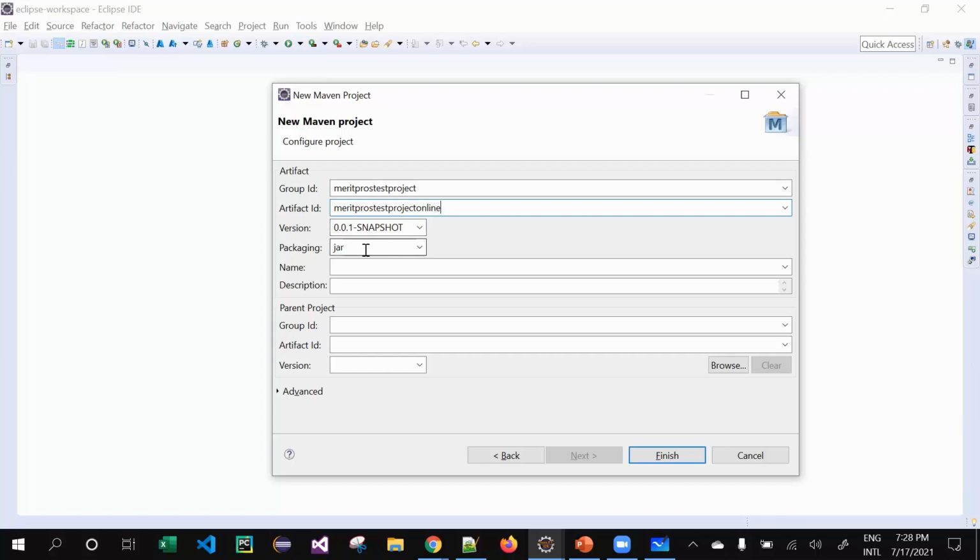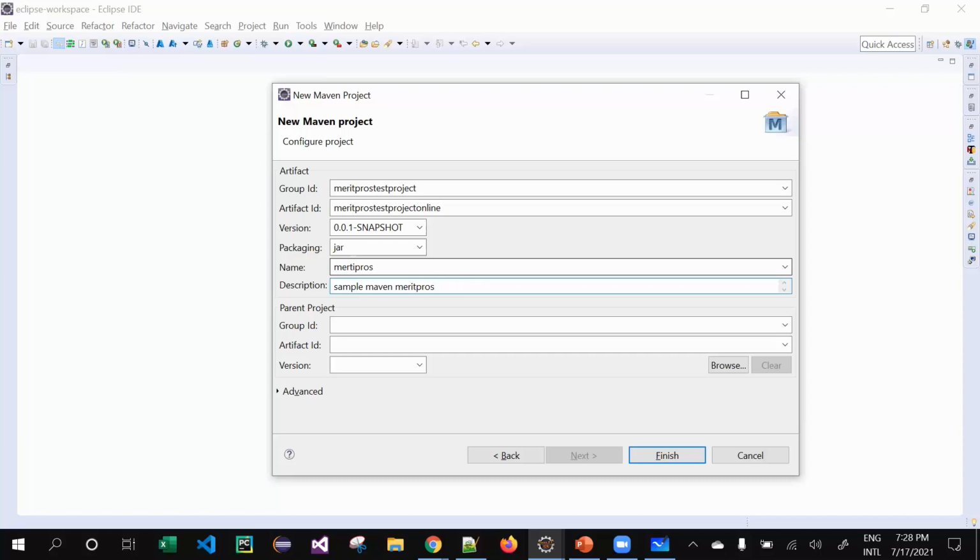For the packaging, like we saw in a slide, there is a jar and a war file. We can configure it over here. I give it as a jar file because that is widely used. Unless you're required to use a war file, you can check war also, no issues. We'll go with jar now. The name and description are about what you're going to do, how you're going to do it and for whom. Basically we'll give what our automation framework is about. Something like Merit Pros description, sample Maven Merit Pros.